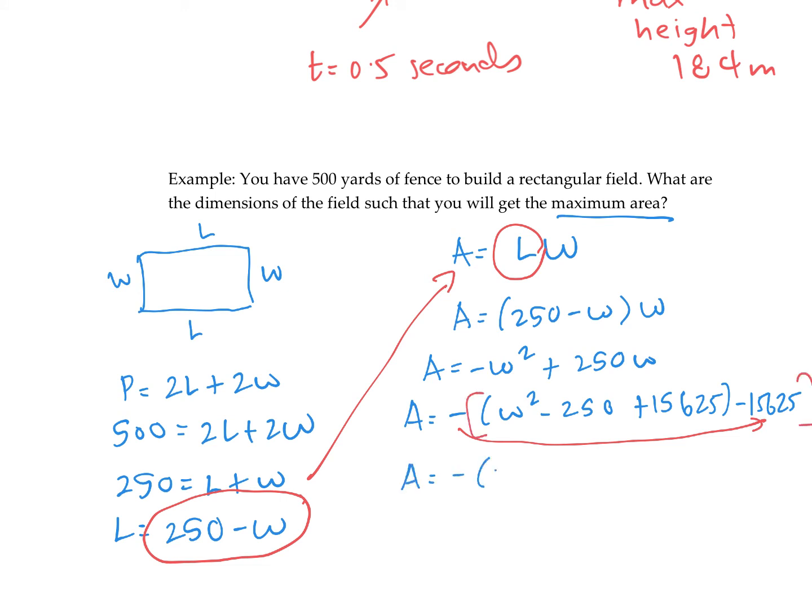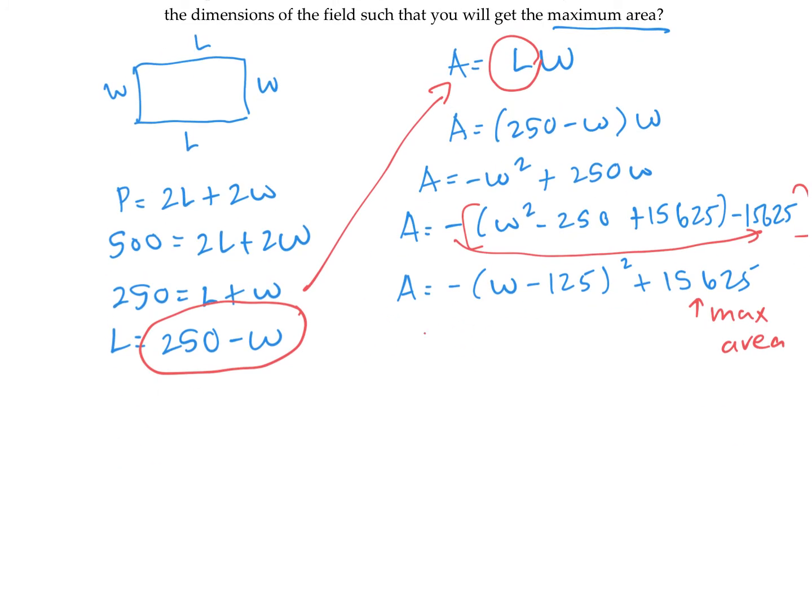So area is going to be W minus 125, and we're going to have 2 of those, and then we have negative 1 times negative 15625, which makes that positive. So this is going to be my maximum area. I can also see that the width is 125 meters, which would make the length